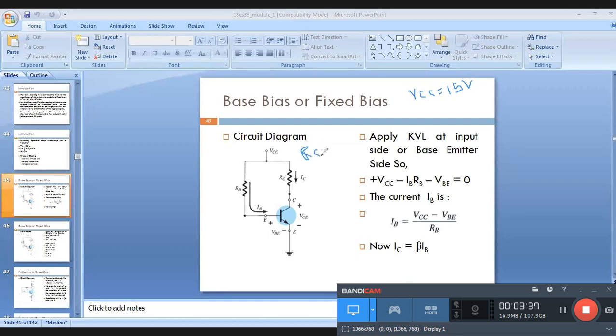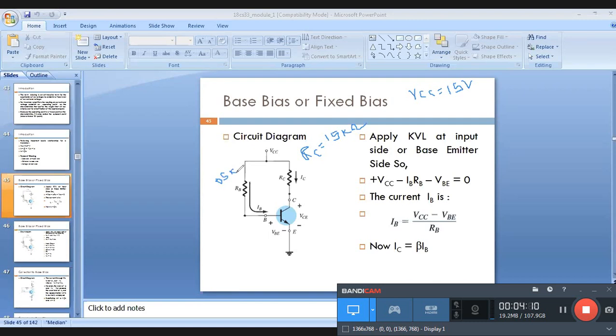See here, RC is equal to 1.5 kilo ohm. This is RC, and RB I gave as 0.5 kilo ohm. RB, I told you, you can find out